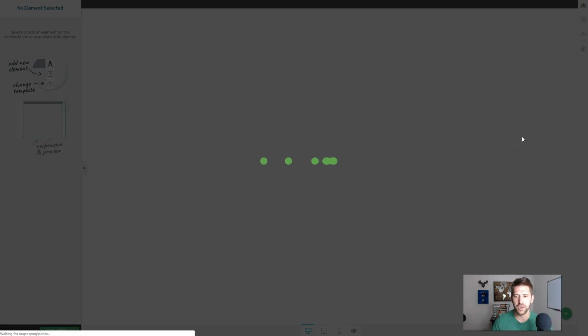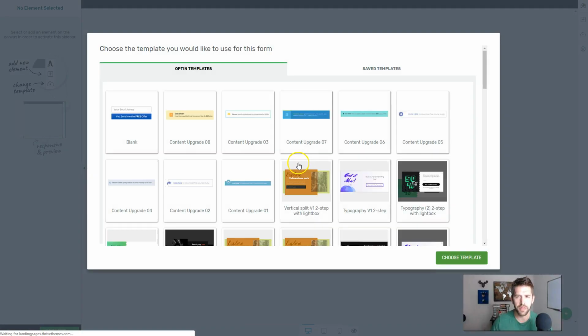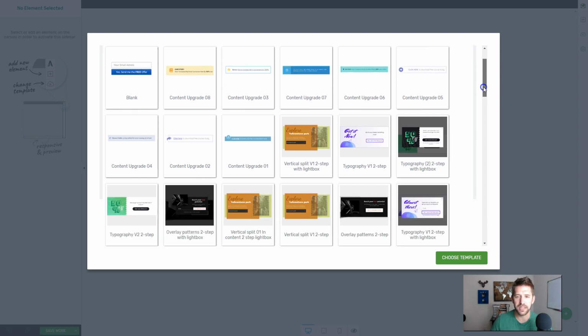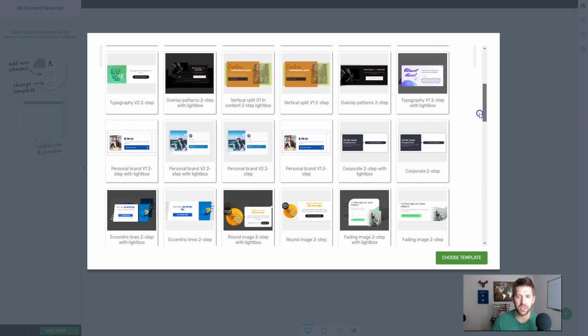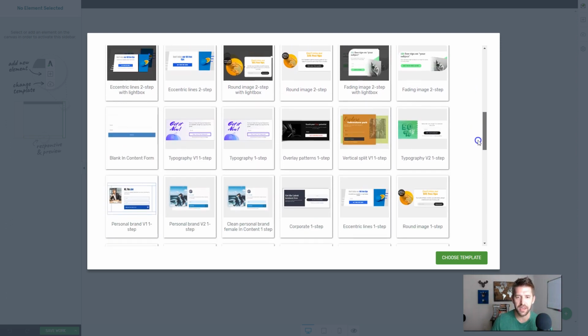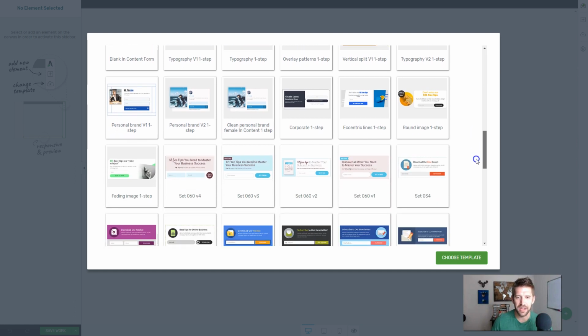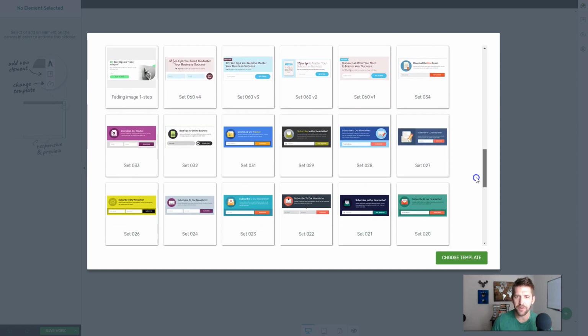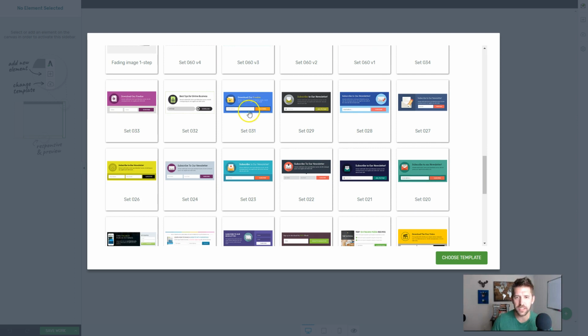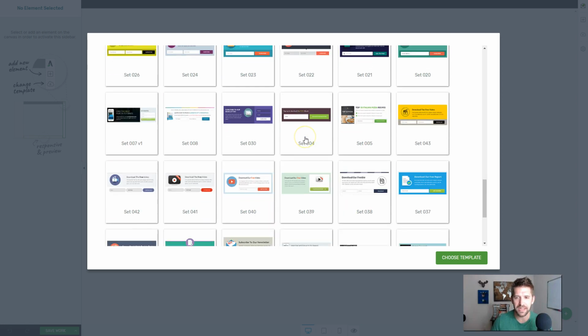And this is what I really wanted to show on this part of the video, is the design differences between Bloom and Thrive Leads. And now here, this is kind of like how in Bloom you're selecting your template, but that was really all the customization you can make. And they all look kind of the same. Here with Thrive Leads, every single one of these looks very different. Like this looks very similar to a Bloom opt-in form, but that's just one of the many, many different types